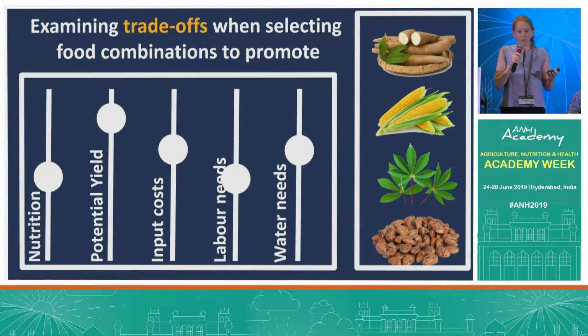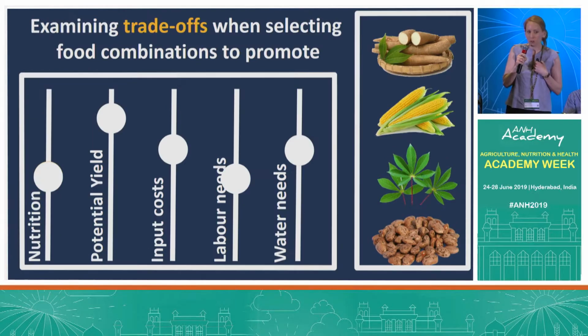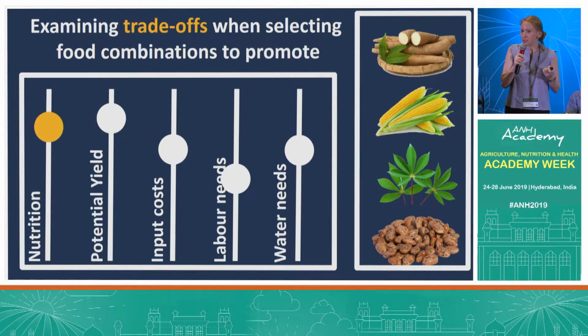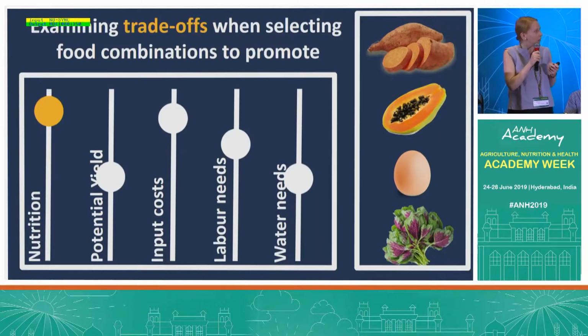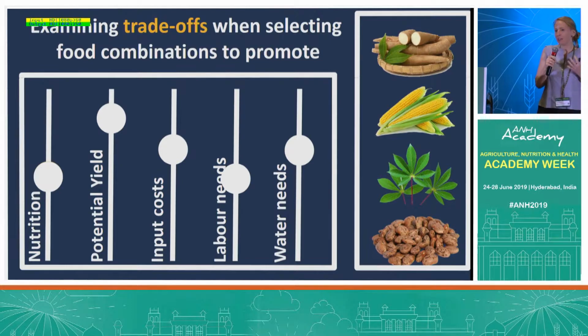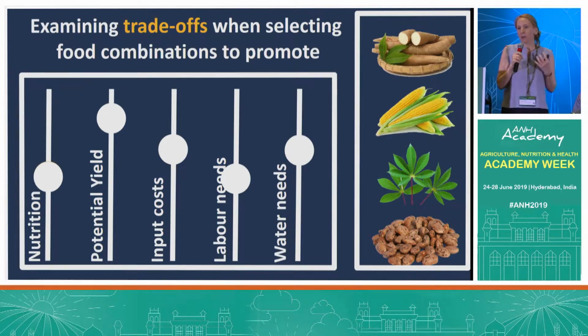This is just one example of a combination of foods and how they might score across different criteria. However, as a nutritionist, I might say, well, that's not acceptable. I want to increase how this combination scores across nutrition, and that's going to have a flow-on effect for the other scores there. In a similar way, if I was an agricultural programmer, it might be more important to me